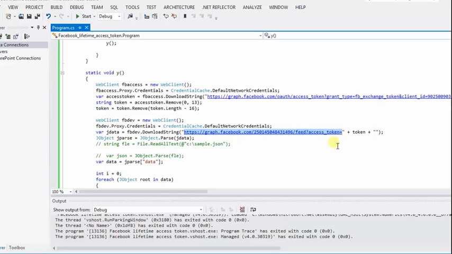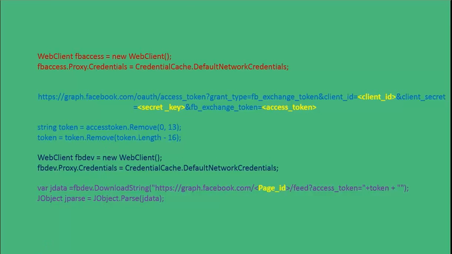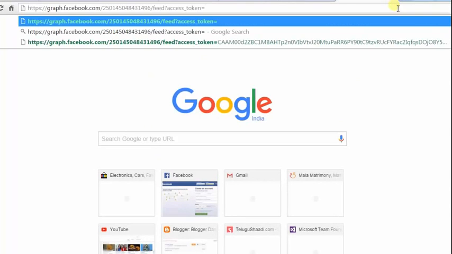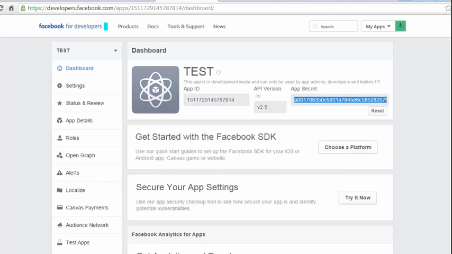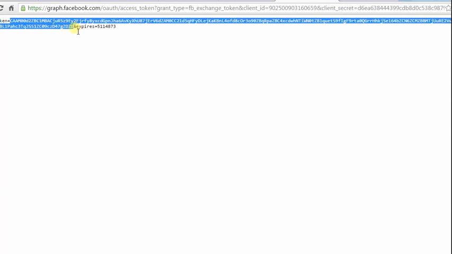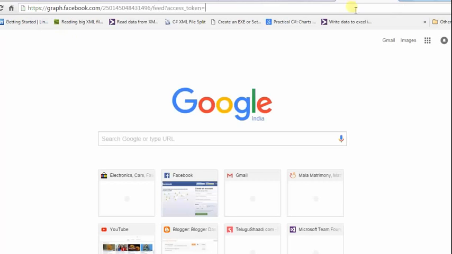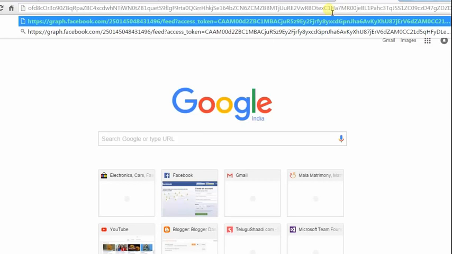So what happens if you give the access token to this particular URL? Let's take the newly created access token and place it over here. And one more thing you need to observe is this one, which is the page ID.